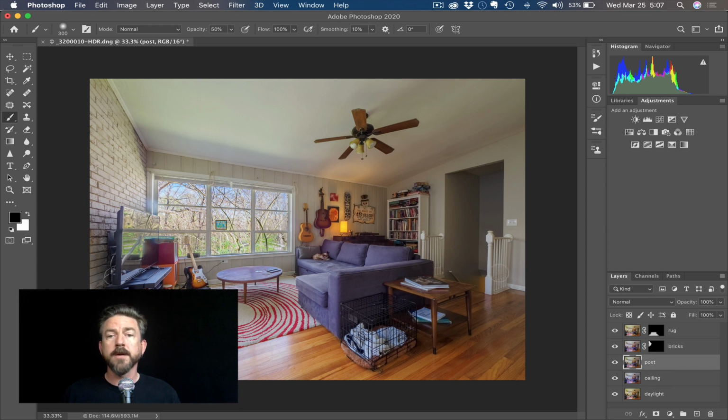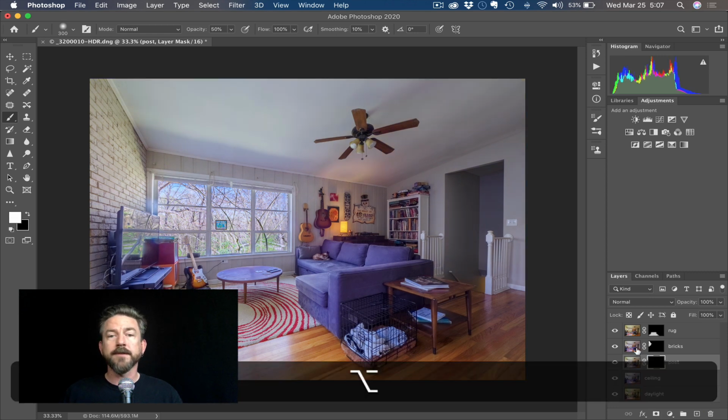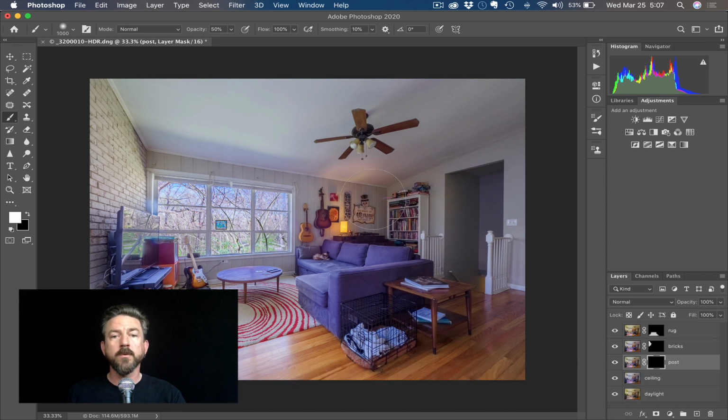On the post layer, this color represents this whole area of the image. So this is pretty important. I've got that layer selected. I hold my Option key and click to add a filled layer mask. In this case, I'm going to use a little bit bigger brush because, again, I'm doing a whole big section of the room here. So you can tell a huge difference that makes in this area. And if I decide that I've got that color a little too much, or I want to take it back some, no problem. I can switch to black paint and paint black on that mask,